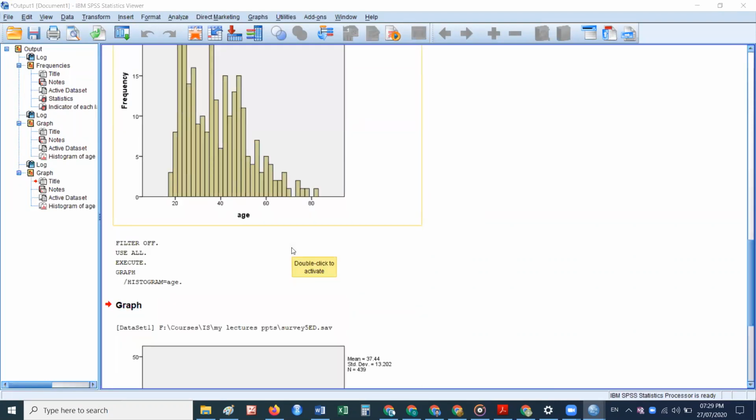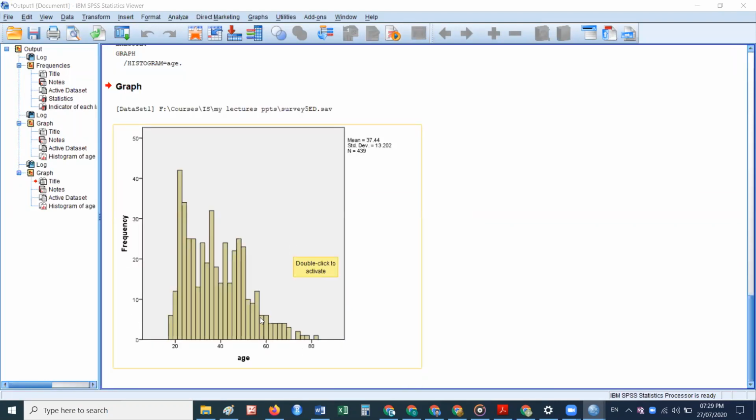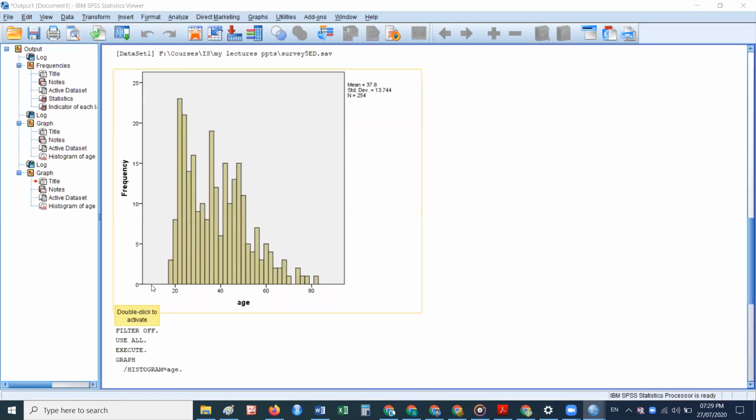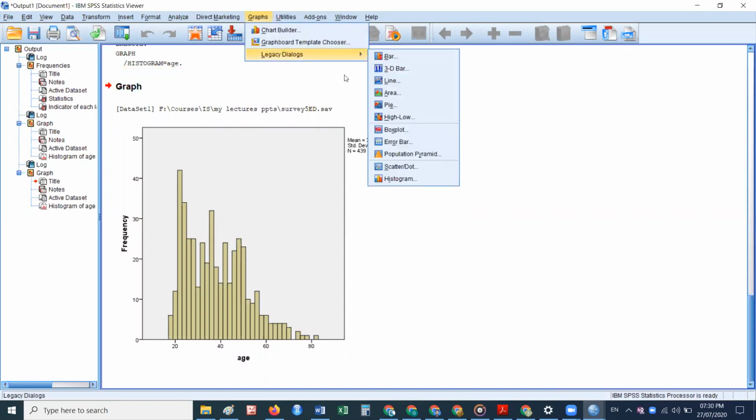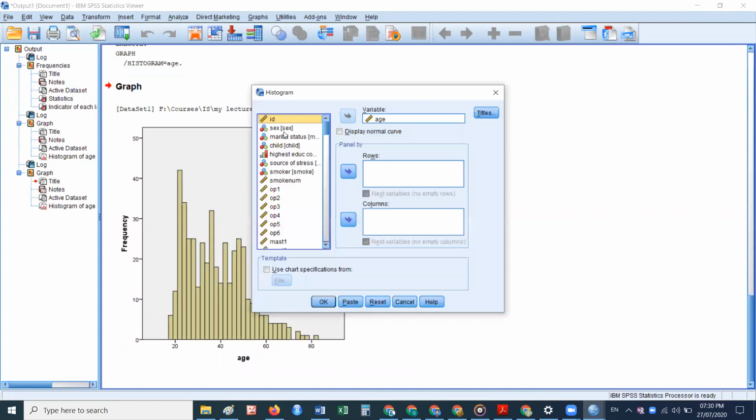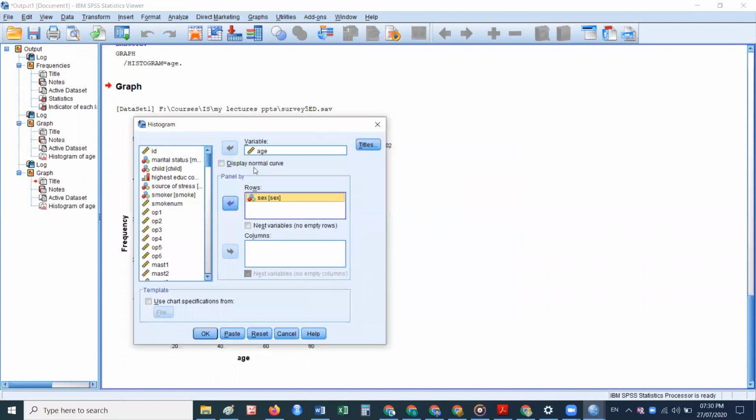You can see a similar pattern in both data. In the entire data we have a positively skewed distribution, and the data of female is also a positively skewed distribution. If you want to construct the histogram for the two genders separately, then we can choose the sex column in rows. Instead of making one histogram, we are basically going to make the histogram for the ages of male and female separately.